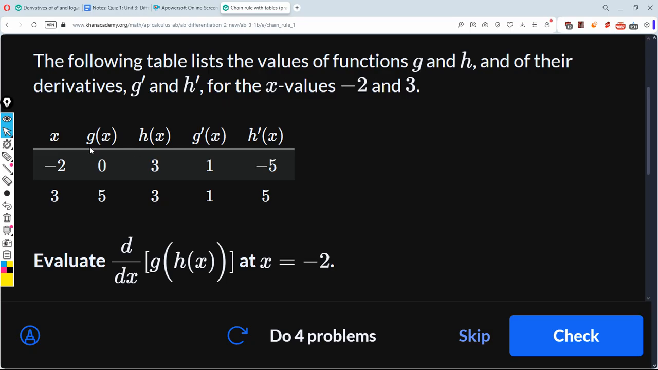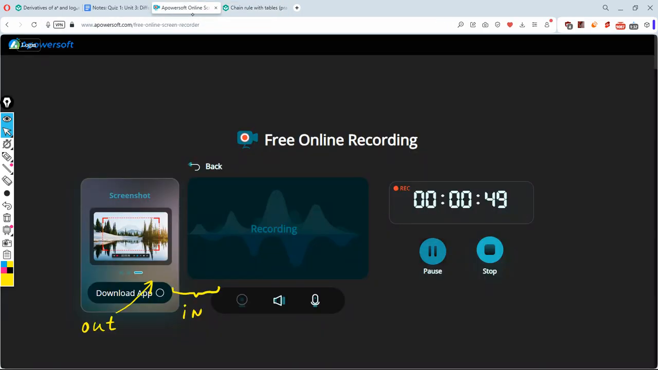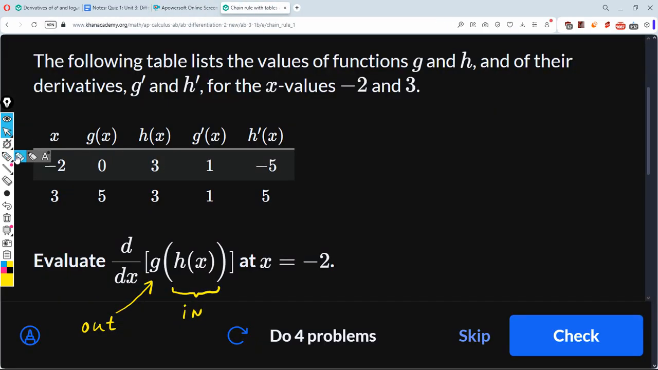Here we're given the table for x equals negative 2 and 3. We have our functions g and h and the derivatives g prime and h prime. We want to find the derivative with respect to x of g of h of x at x equals negative 2. So clearly our inner function is h of x and the outer function is g. So in order to find the derivative,